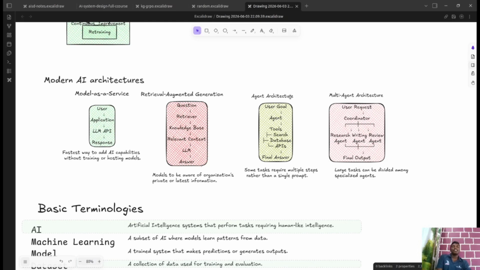It takes responsibility to take care of multiple tools, and also it takes care of the exact flow of the data to achieve a certain goal which the user is expecting. So this is basically single agent architecture which we are going to talk about. And one more architecture which we are going to see is basically multi-agent architecture.